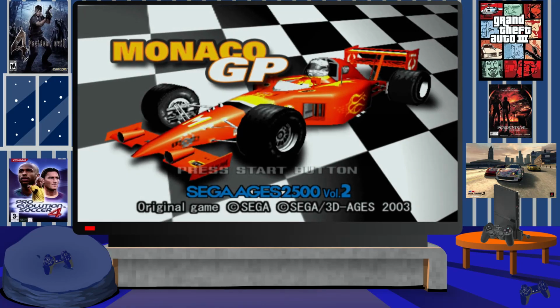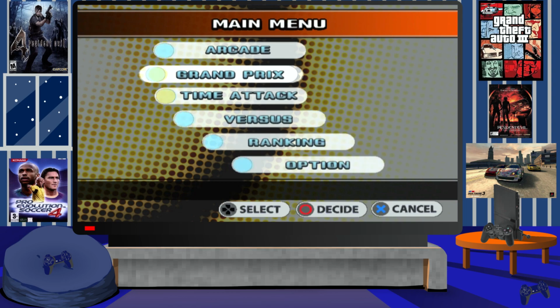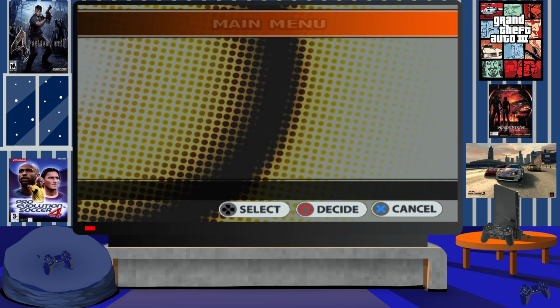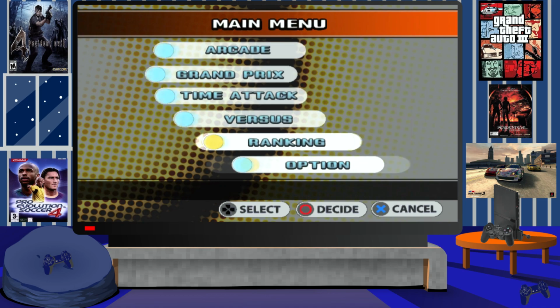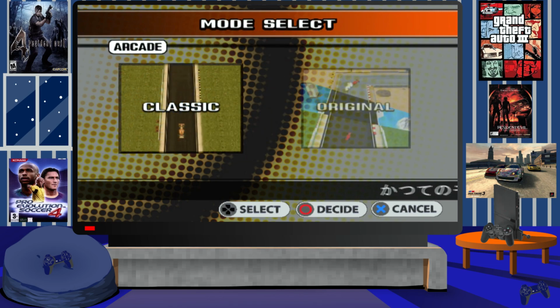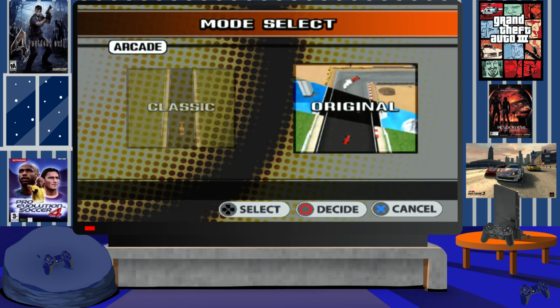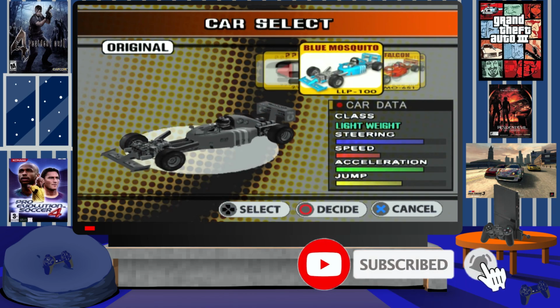Super Monaco GP would be Volume 2 in the Sega Ages 2500 series. That would be a collection of games that would be remade or remastered based off of original arcade and classic console titles that were produced by Sega both in the mid 80s and early 90s. And another one of those titles would be Super Monaco GP, that originally would have been released in the arcade